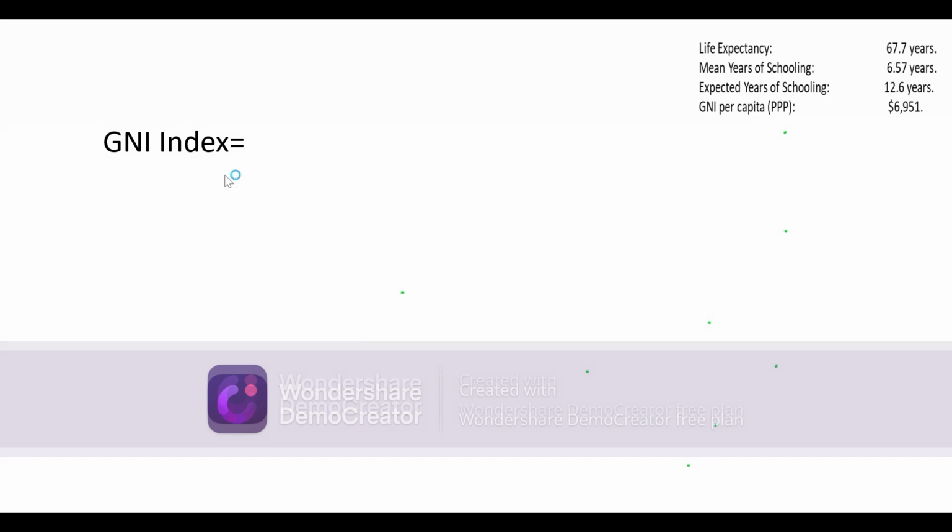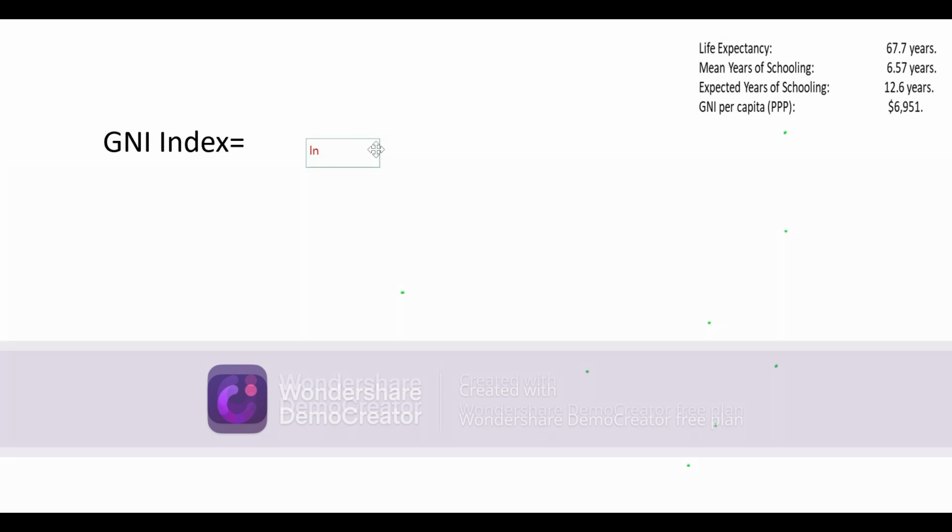the GNI index. As I told you, for GNI index we take the log. The formula is the same as before for education and the other one, but the only thing is that we take the log of the actual value, log of minimum value and log of max value. So the formula is this: